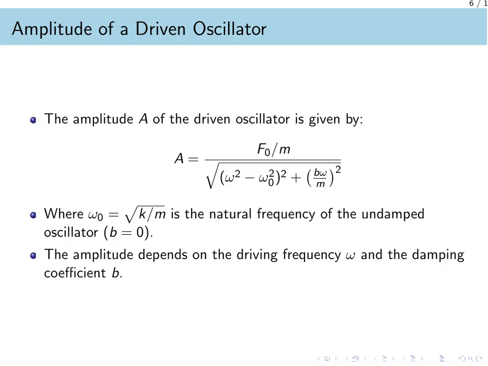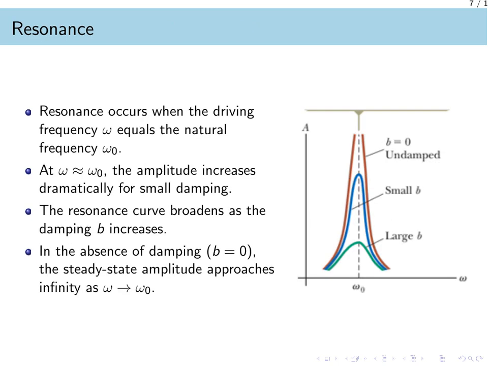The natural frequency mentioned here represents the frequency the system would have if there were no damping at all, calculated as the square root of the spring constant divided by mass. As we can see, the resulting amplitude is highly sensitive to both the frequency of the driving force and the amount of damping present. Resonance is a unique state that occurs when the driving frequency is equal to the natural